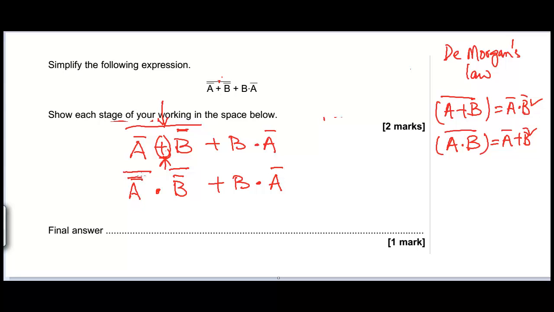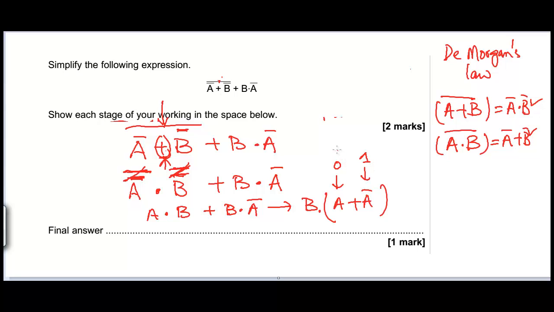Okay, so when we have two bars, one on top of the other, these get cancelled. So we are left with a dot b plus b dot a bar. Now from this we can take b common, which leaves us with a plus a bar. Okay, if a is 0, then a bar is 1, or if a is 1, then a bar is 0. Either way. And this plus sign stands for the OR gate. So we have an OR gate